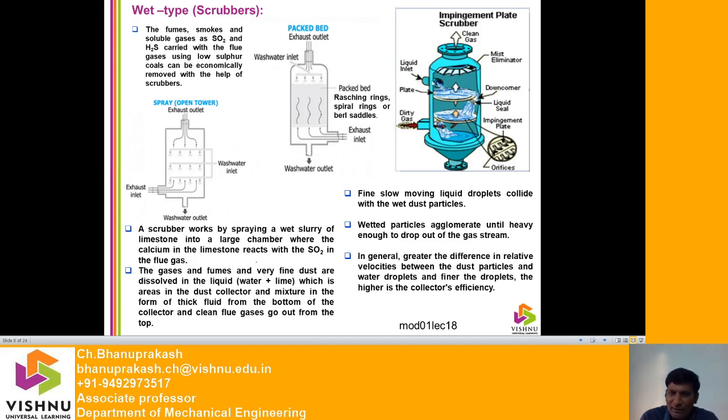See, the liquid inlet comes from here through the pipe. The water will come here, then the water will fall here, and this is the downcomer. And there will be a liquid seal. From the liquid seal, the water will come here and impinge on the plate. The gases will be coming from the bottom. The water will be impinging on the plate. The droplets of water take the heavier dust particles and collect at the bottom, and the final clean gas will go out from the top.